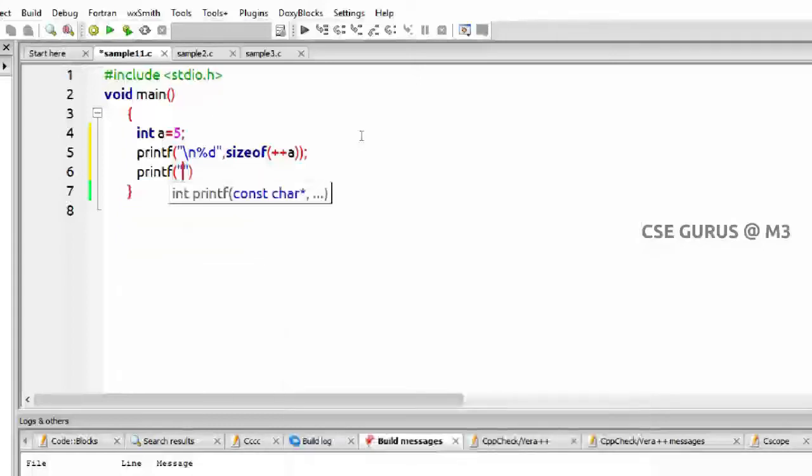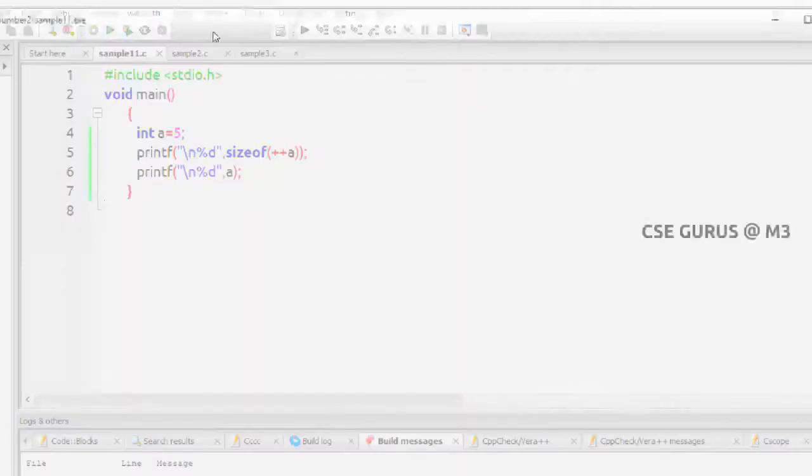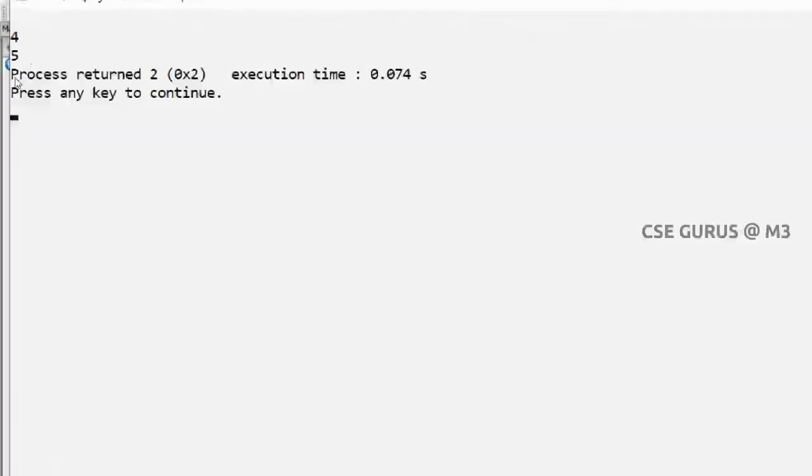So now my question is, what is the value of a? I'm printing sizeof here, and then I'm printing a. What will be the output of this program? First it will print 4 bytes, there is no doubt. What about this? Will it print 6 or 5 only? Will it increment here? That we need to check. Let me see. Yeah, 4 and 5, the value of a is not changed, right?